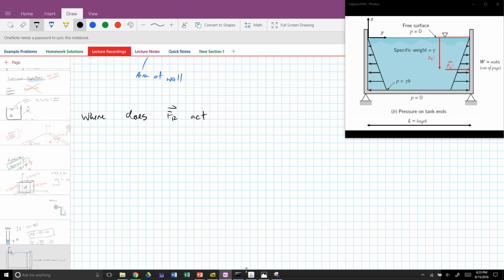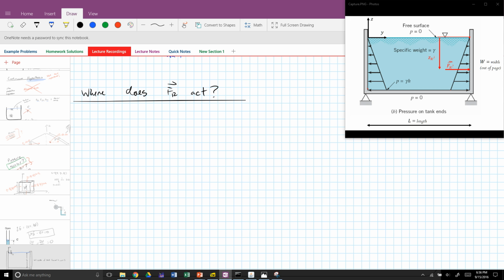So again, we're going to deal with this by the method of equivalent moments, but before we do that, let's talk about how we deal with moments in vector notation. You're probably familiar with this already, and I'm probably being redundant here, because you've all taken dynamics of some flavor. But you may remember that moment is actually a vector quantity, and it is equal to the moment arm, we'll call that r,